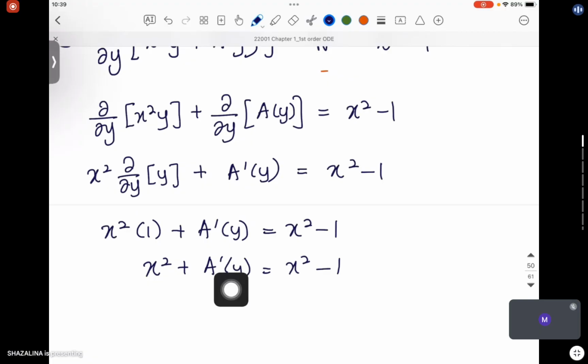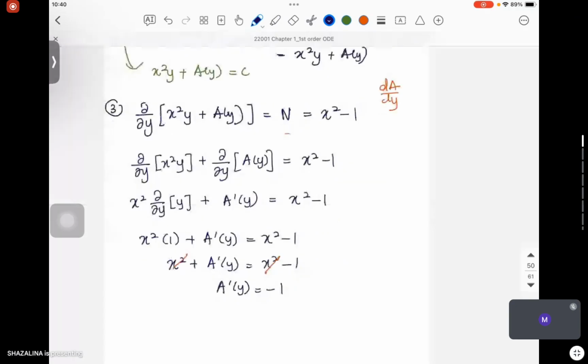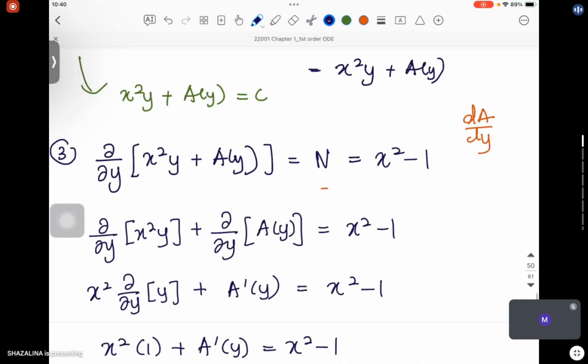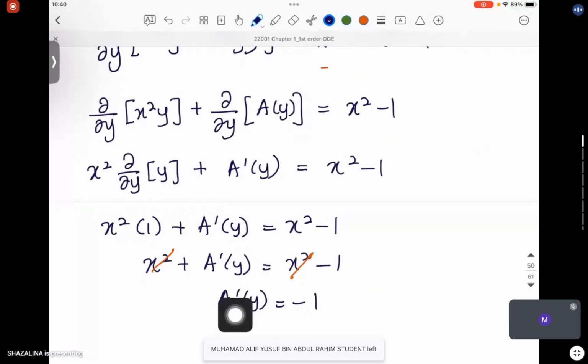For a prime y, here there is x square, and this is also x square, so we can eliminate them. So we can identify a prime y as negative 1. But we have not finished yet. We don't solve the equation yet, because we want a(y), not a prime y. So for us to eliminate the prime or derivative, we need to